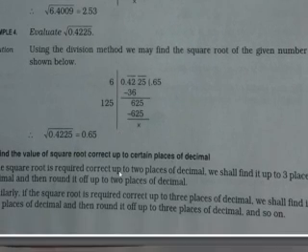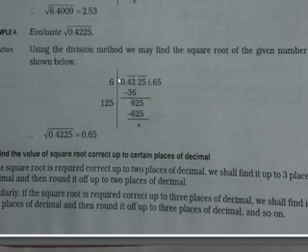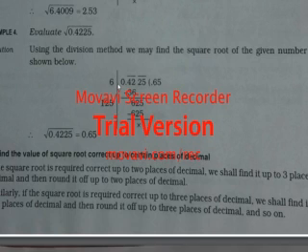So if you will see example number 4, root under 0.4225. Using the division method, we find the square root of the given number as shown below. Here what happens, just before the point there is one number, 0, actually it doesn't have any value, so here the pair has not been formed. Just after the point, numbers have been taken, so the point has been kept over here. For your convenience, you can even keep 0 also, and you can remove the 0, because if there is no number before the point, that means there is 0 only. Okay, the point has been kept, and just the numbers after the point have been used.